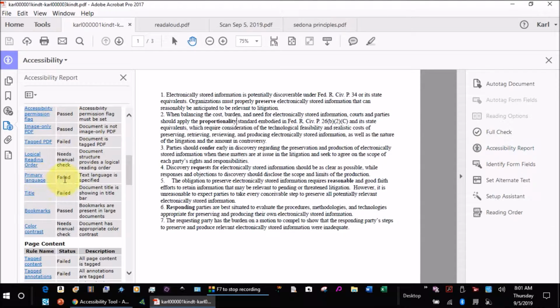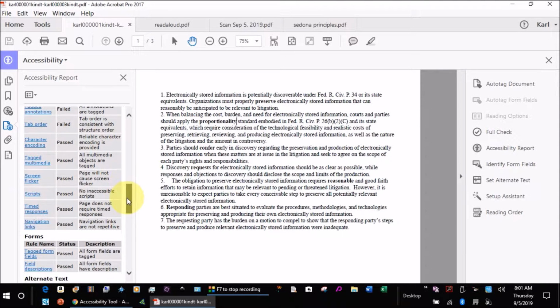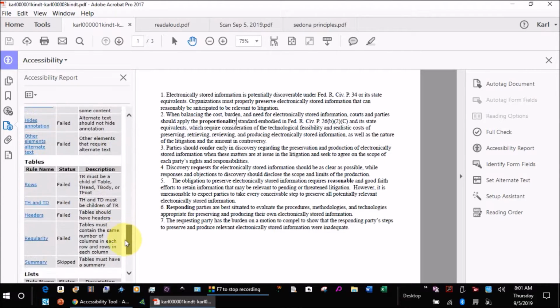Failed primary language, text language is specified, and so I need to click here to find out what's wrong. Title, document title is showing in title bar. I'd have to click title here to fix that. So anyway, this is the report, and you can see what passed and what didn't, and you can go in there